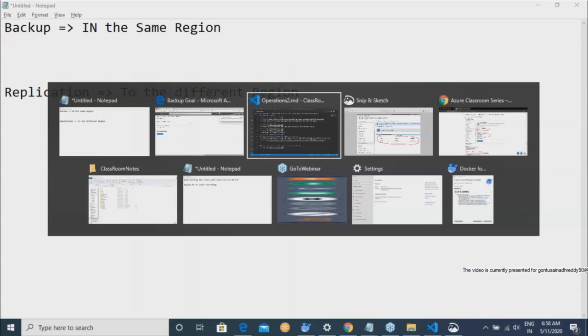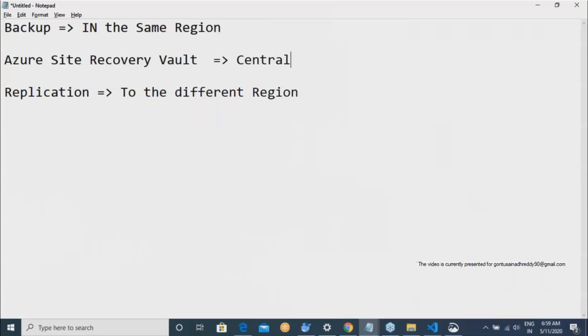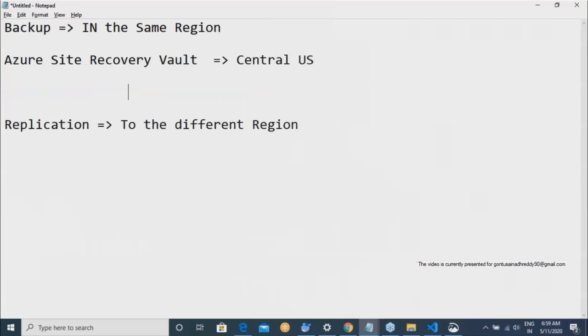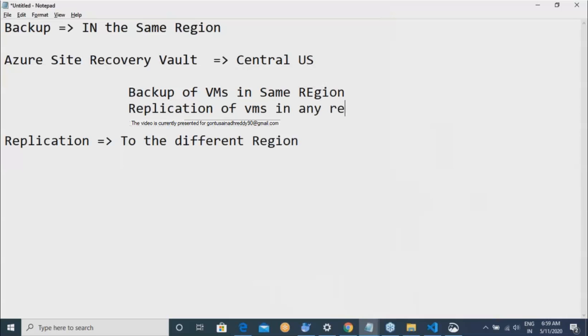From the Azure Site Recovery services vault, which is in Central US, it will be able to take the backup of VMs in the same region, but it can take the replication of VMs in any region. Am I clear on this?